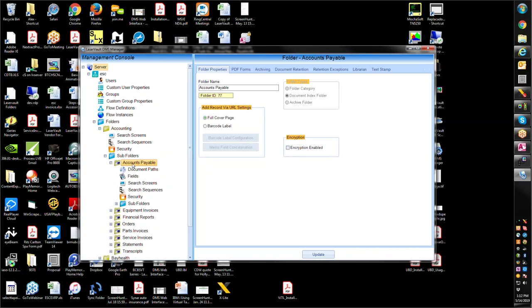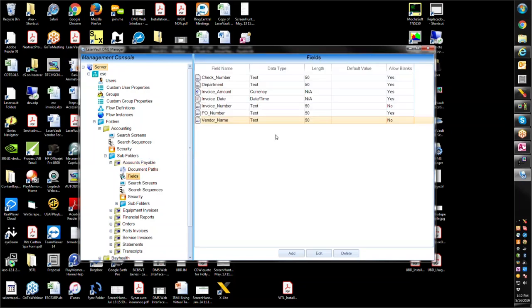Invoices come in saved to a folder or scanned to a folder, and those documents are going to be stored into a DMS folder. Mine's called accounts payable. The document fields for accounts payable are listed here. These are just examples of what you can use to index those documents into the database so that you have